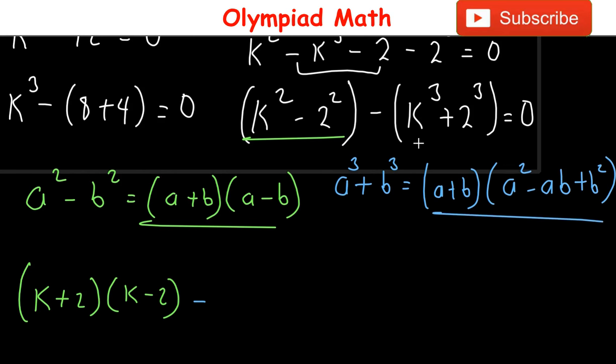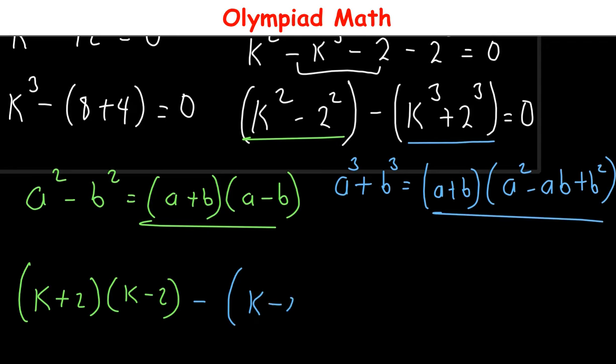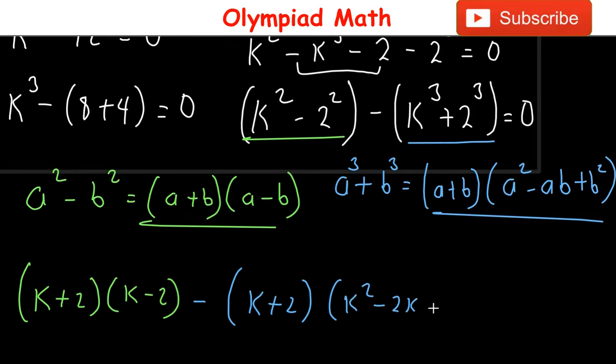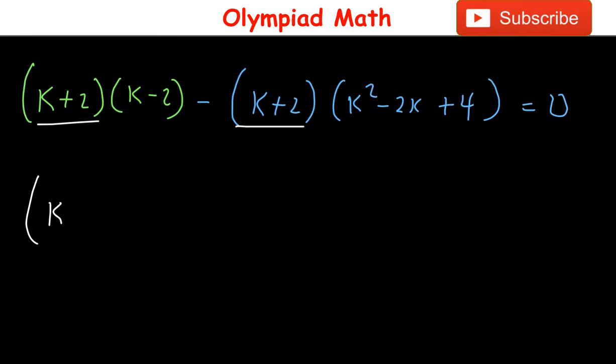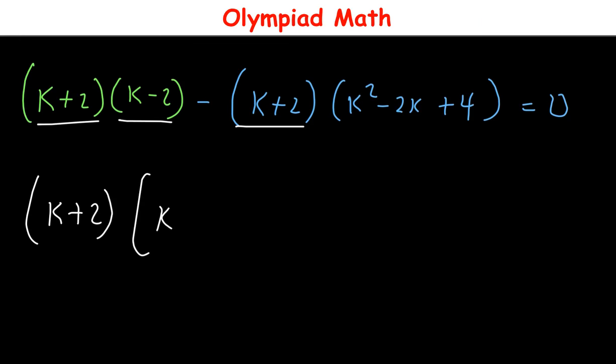Applying this rule to this, we're going to have in brackets k plus 2, into brackets k squared minus 2k plus 2 squared is 4, and this equals 0. So looking at this, we have a common factor which is k plus 2. Factorize out in brackets k plus 2, we are going to be left with k minus 2, then